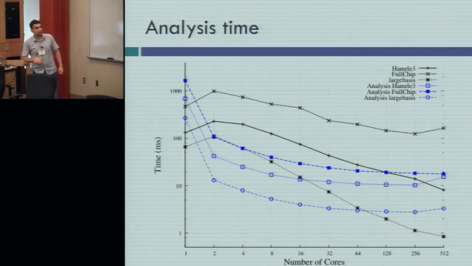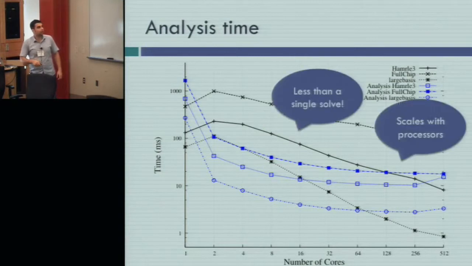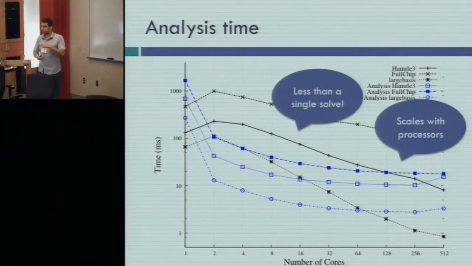That's it. So the analysis time scales with the number of processors. It's not perfect here because I didn't care much about the implementation. The results were good enough. And as you can see, the timing of the analysis phase is often less than a single solve. So we do not need several iterations to compensate for that. And it scales with the number of processors. So even with one solve after the factorization, using this algorithm is worth it over using sequential ones or other